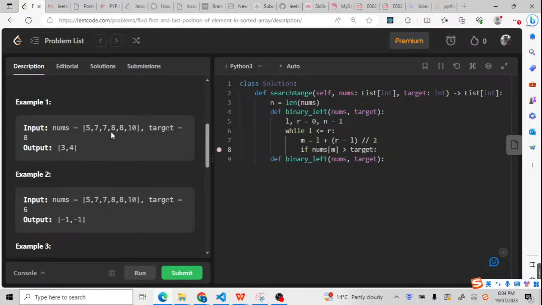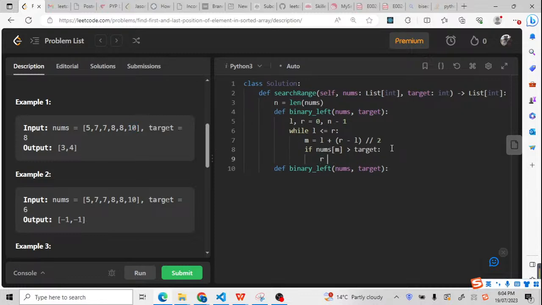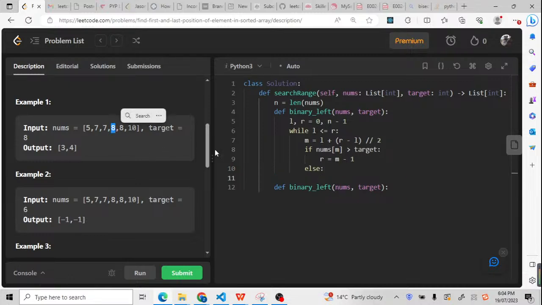So if I find a nums m, for example, if this nums m is more than the target, it seems for me my R pointer will be m minus 1. Else, if nums m is less than or equal to target, so from here, here should be more than or equal to target, because if it is more than or equal to target,